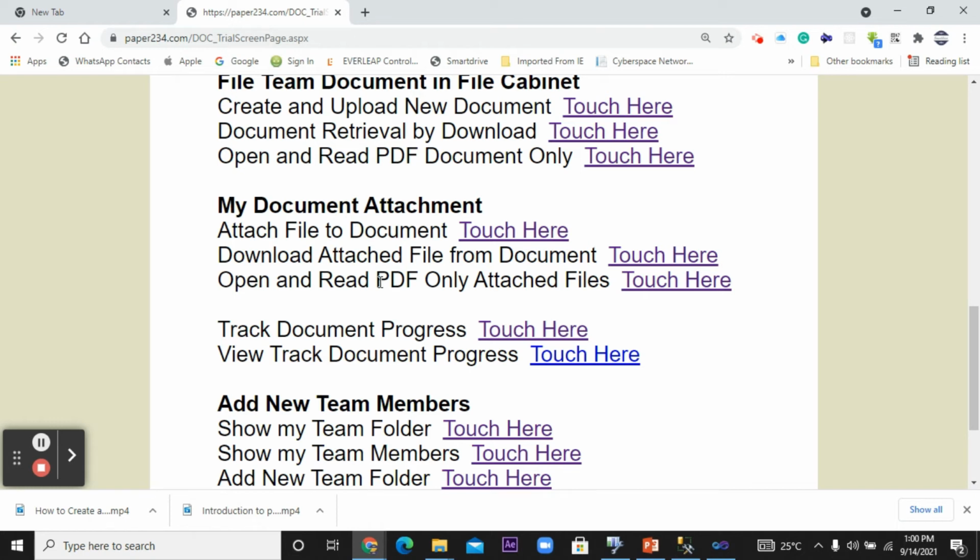Now, for each document that you send out, you can actually send an attachment. Because in archive, you could see, for instance, maybe a court case, you're documenting a court case. One court case can have so many attachments, so many documents attached to that particular court case. So you'll be able to do that attachment here. Or one contract can have a number of addendum attachments. So you'll be able to attach them here. Every document you attach, you can come here and download them. You can also read them before you download. Sometimes you don't even need to download. You just need to read.